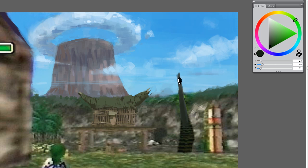Yeah, something like that. Man, they made these trees really dark. It's just...